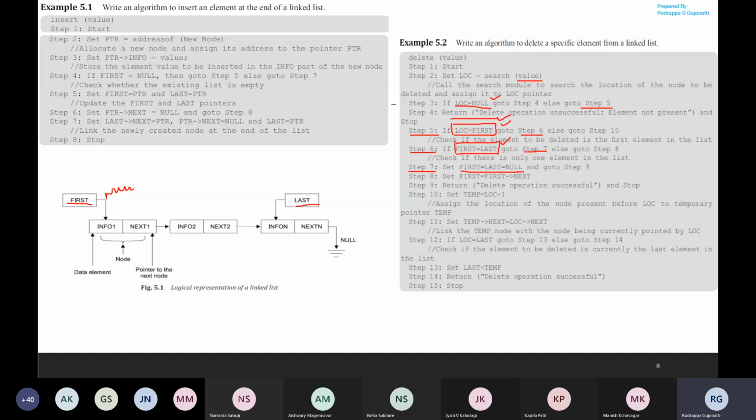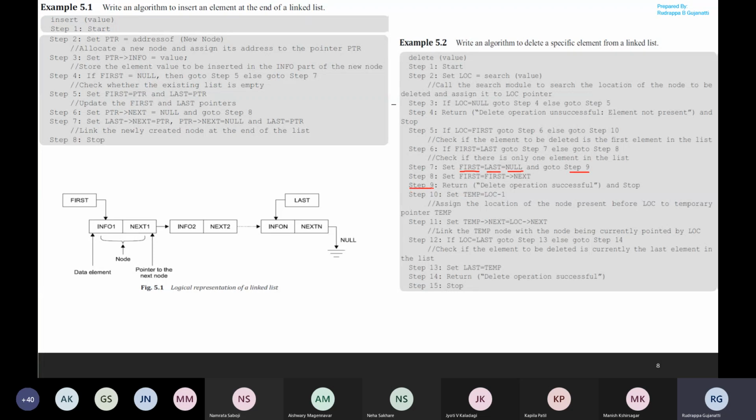So what does this indicate? If the first pointer itself is null, as we had checked, it gives us the information that the list is empty. So if this is the only element and you delete it, then the list becomes empty. So if the list becomes empty, you have to update the first pointer and the last pointer to null, and then go to step 9.